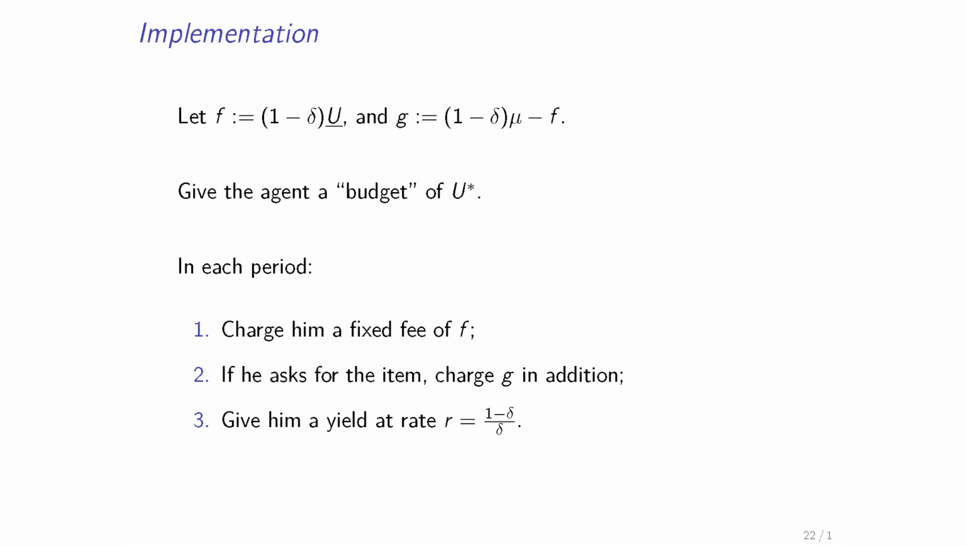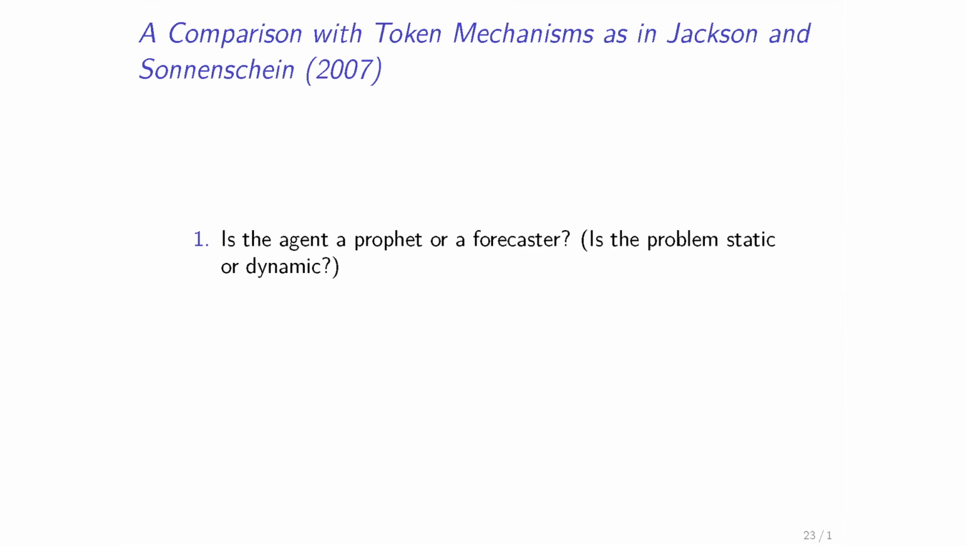And the interest rate is equal to the discount rate of the agent. So this will exactly implement our optimal policy in this environment. Okay. So here we would like to make a few observations between our mechanism and the token mechanism, because frequently